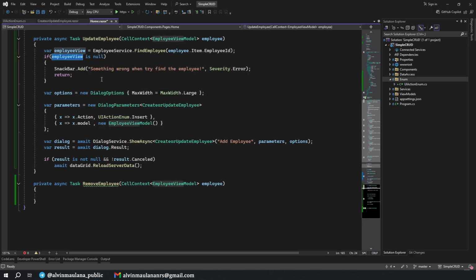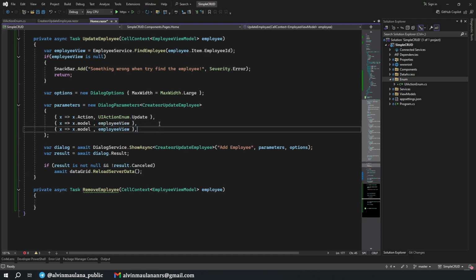And if the employee is not null, okay, we can pass it in here, the employee view, and this one should be update. And also the date, where is it? Date, okay, it comes from employeeView.DateOfBirth, because it's not on model binding, so we need to bind it manually.